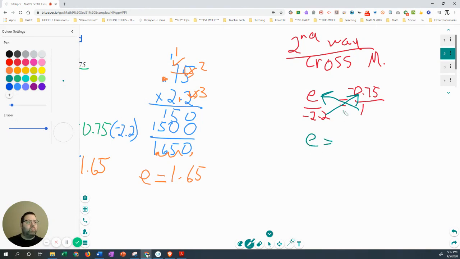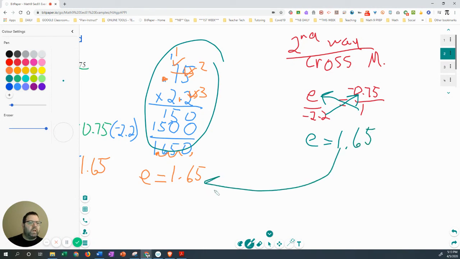And we already know the result of this. I'm pretty confident I did this right. So e is equal to 1.65. The answers should match. Okay? So cross multiplying or just using your regular algebra tools of using the inverse operations, either way will work. It's not a problem. Okay? And I'm just going to pause this